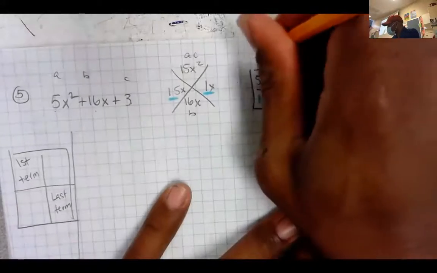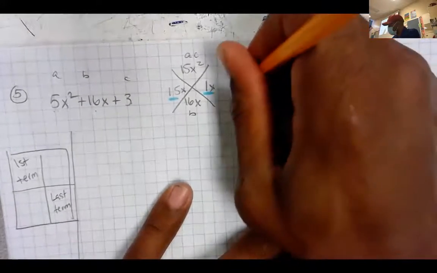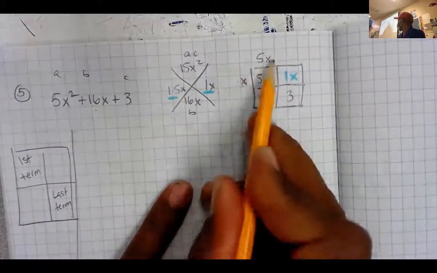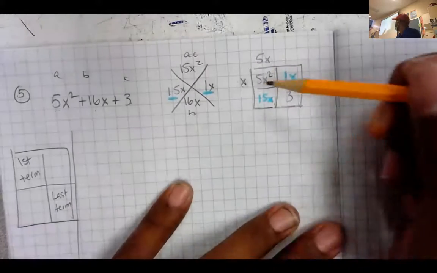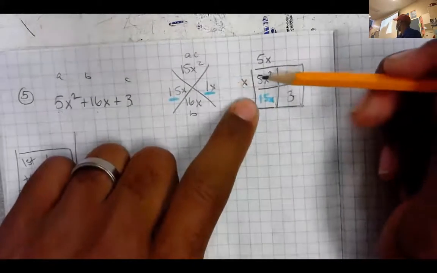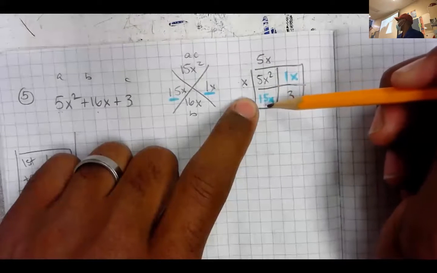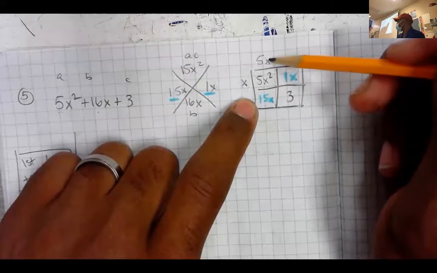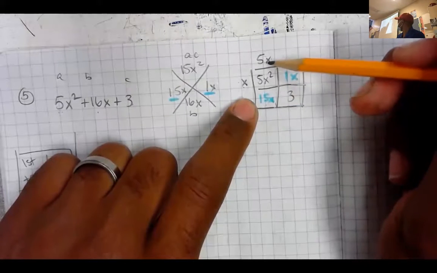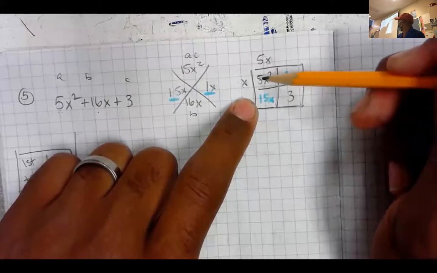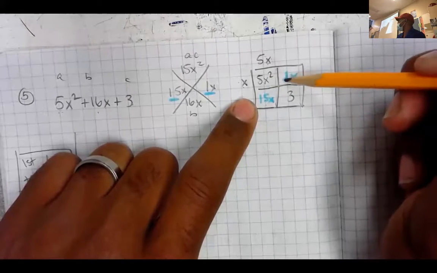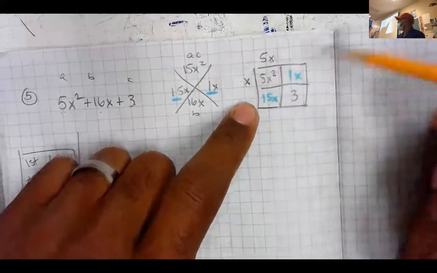So we know that 5x goes up here. That means that x goes here, because x times 5x is 5x squared. And we know that if you look straight up from the bottom, 5x squared and 15x have the common factor of 5x. So if I go straight up this way, they have 5x. Whereas if I go this way across, 5 and 1, the common factor is just 1. So that's how you know where to